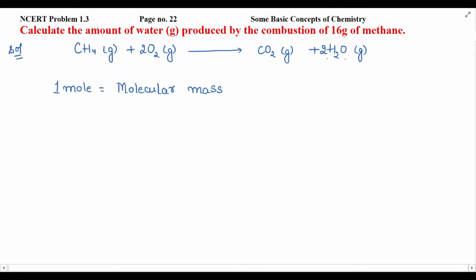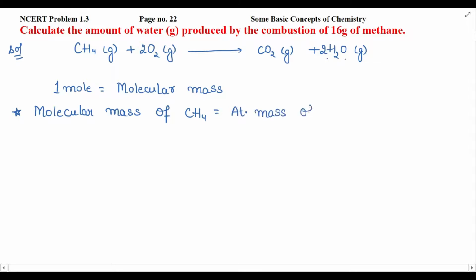That means they have given you the amount of methane and asking you to find the amount of water produced by the combustion of methane. So for this we have to find the molecular mass of methane as well as molecular mass of water, so that we can apply the unitary method, right? So first we will find the molecular mass of methane. So molecular mass of methane, that means CH4, equal to atomic mass